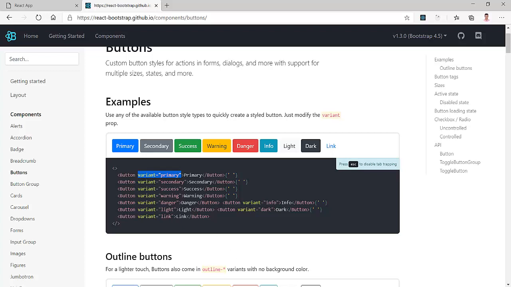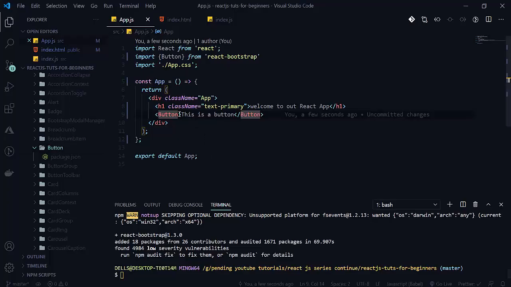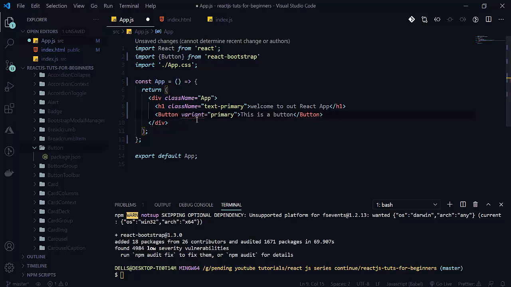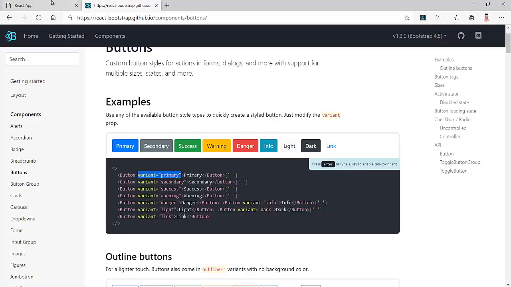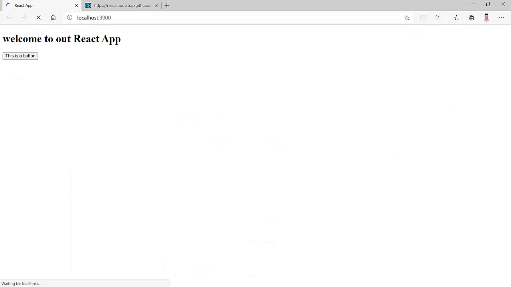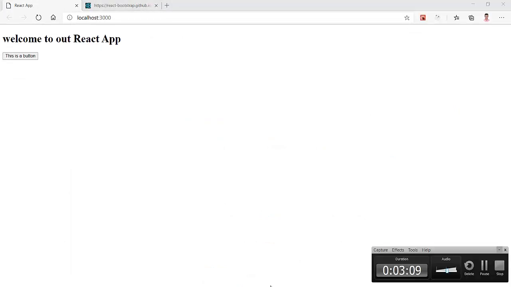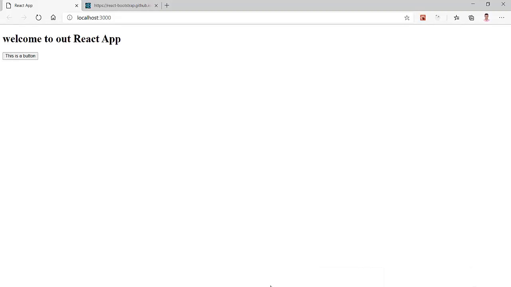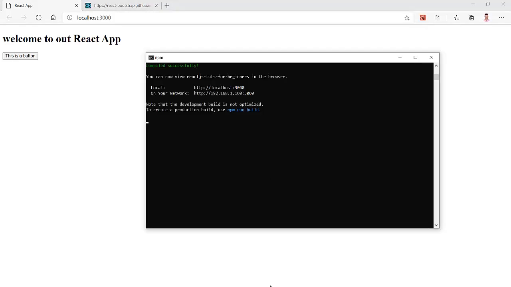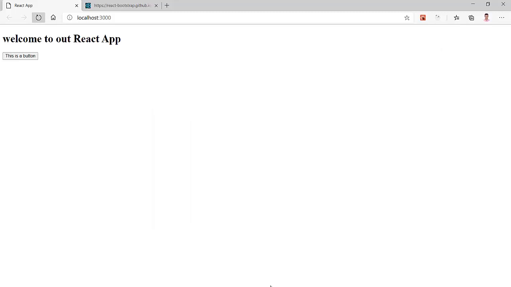So when I write here, here is variant. Variant is an attribute here which defines the color of the button or the type of the button. It is compiling, I think. Now it is compiled successfully.